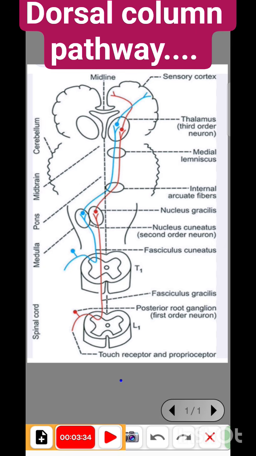So there are three orders of neurons. The first order neurons have their cell bodies in the dorsal root ganglions. They enter the dorsal column of the spinal cord as Fasciculus gracilis and Fasciculus cuneatus, and these first order neurons end in the lower part of the medulla in nucleus cuneatus and nucleus gracilis. From there, the second order neuron,